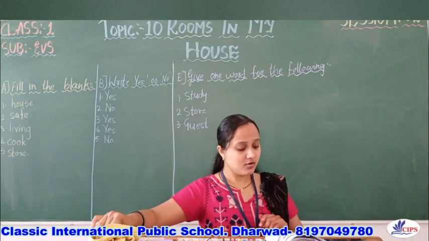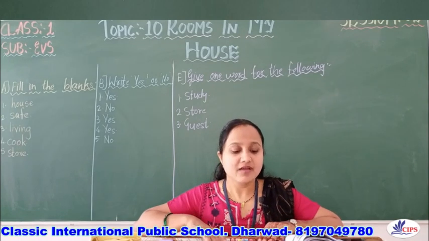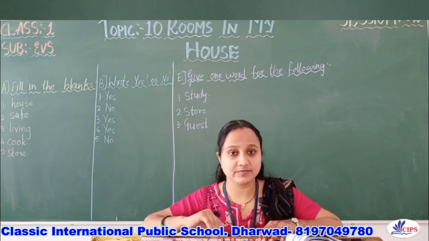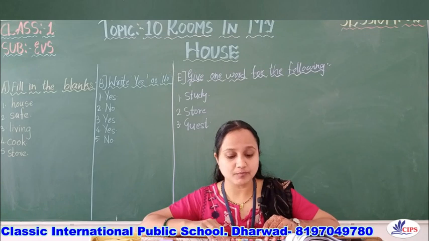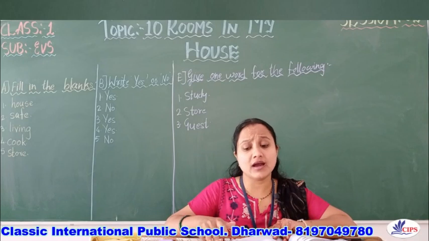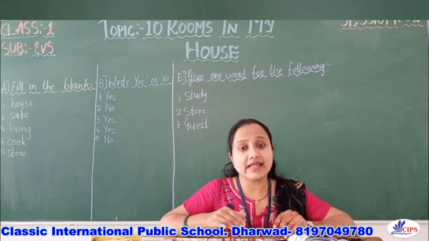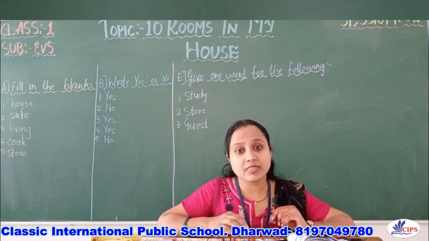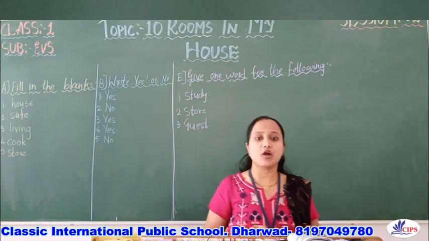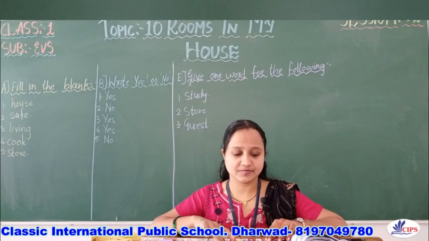So now children, go to page number 67. Try it. Where should you keep the extra items that are not usually used in your house? The options are A. Bathroom, B. Storeroom and C. Living room. As I told you, every house has some things which they don't use regularly. So in that case, where do you keep them? Yes, you keep them in the storeroom. So please put a tick on the B option. There is a small box given there. You have to put a tick on that B option.